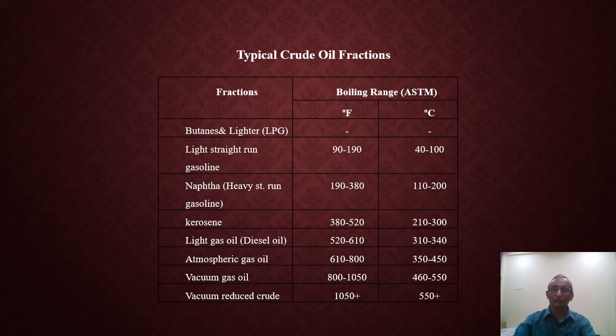So these are the boiling ranges mentioned. In general we are going to use them. Whenever you report these boiling ranges, make one extra column where you mention the reference number, from which book you have written this, because from reference to reference those boiling ranges vary by 1 or 2%.